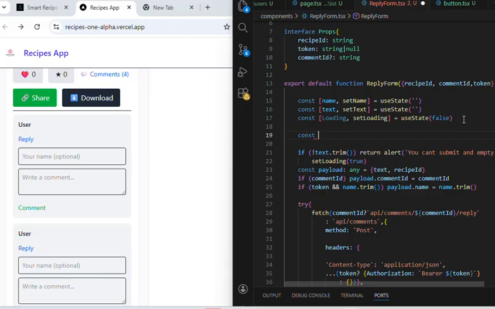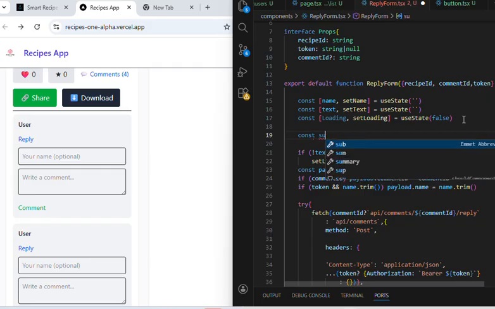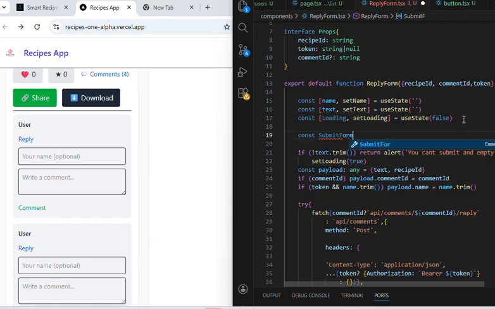Const, what's going to be the function name? Let's say submit. Let's name it submit form. Okay, let's name the function that will be equal to